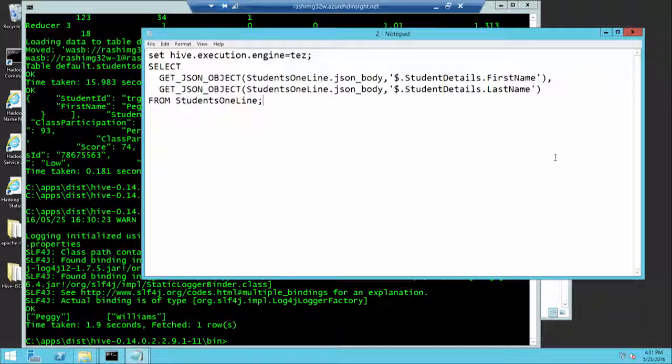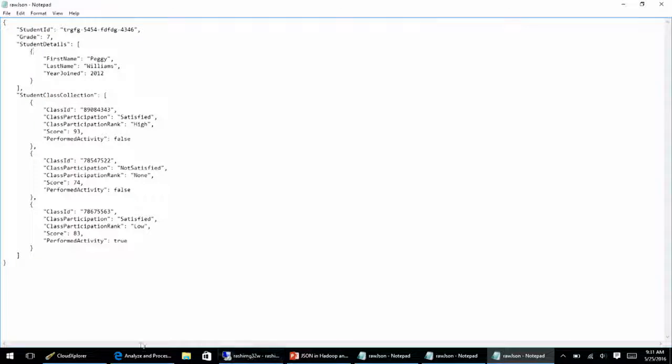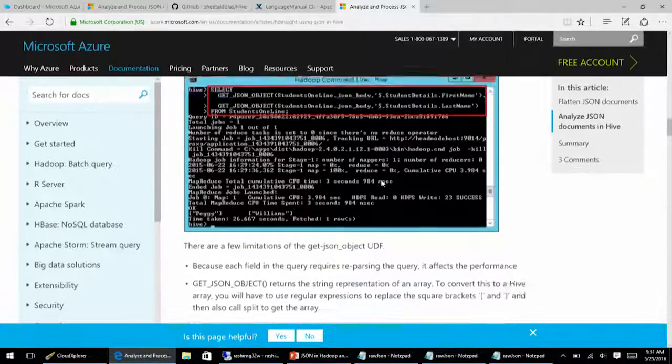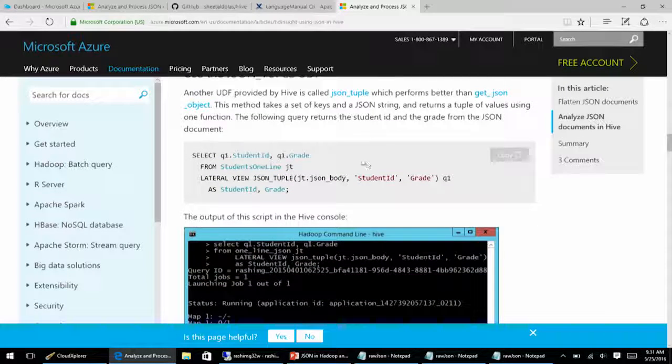By the way, we did get an answer of Peggy Williams. So here we can see, it's pretty neat, it works, except it's not performant. But this is the first UDF that Hive provides. The second one we're going to talk about is the get JSON tuple, which is more performant than get